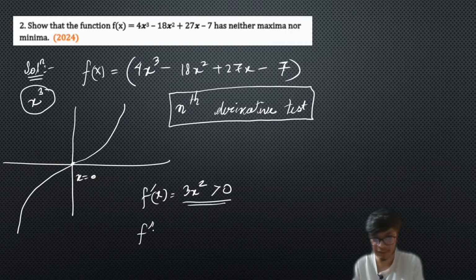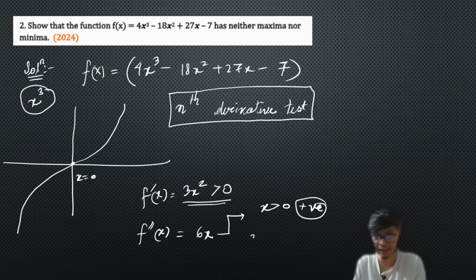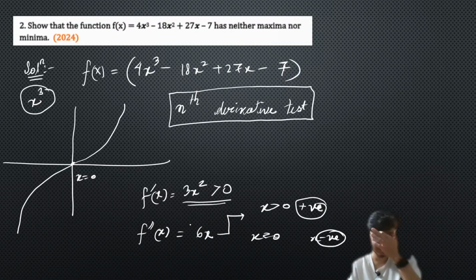Now if I differentiate it a second time, you will see that it is equal to 6x, right? At x greater than 0, it is positive, but at x negative, it is negative, right? So this is showing that whether the second derivative is positive or negative